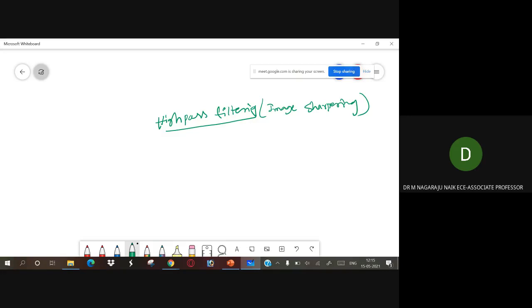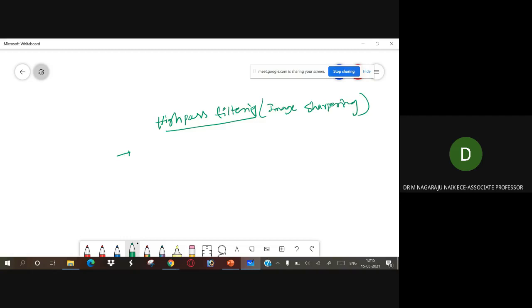Images can be blurred by attenuating the high frequency components of their Fourier transform, because edges and other abrupt changes in gray levels are associated with high frequency components.